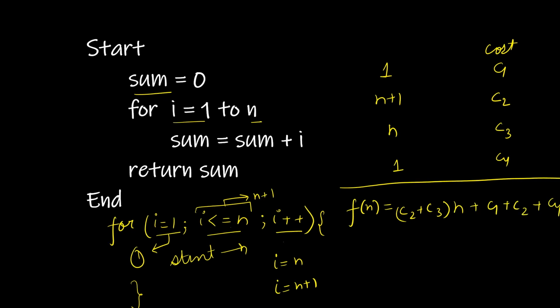Now whenever we want to find the time complexity of a function, we always ignore the lower degree terms as well as the coefficient of the highest degree term. We only consider the highest degree variable, which here is n. So the time complexity of this function is of order n. Remember, I am saying the order, not big O. Currently this O does not represent big O. We will learn about asymptotic notations in our next video.